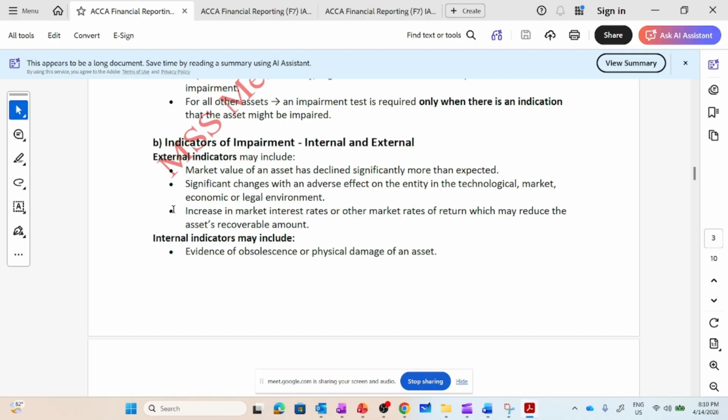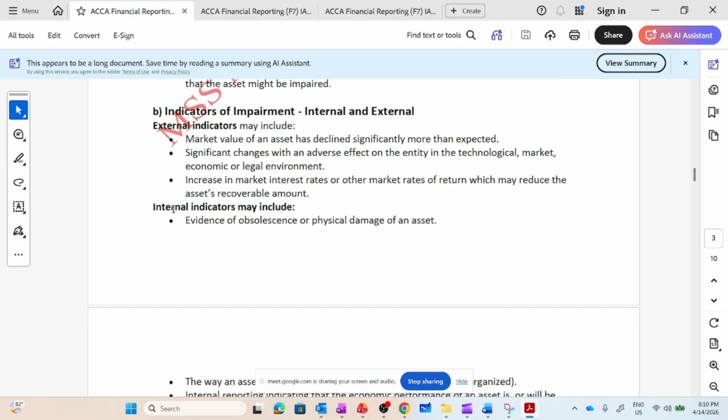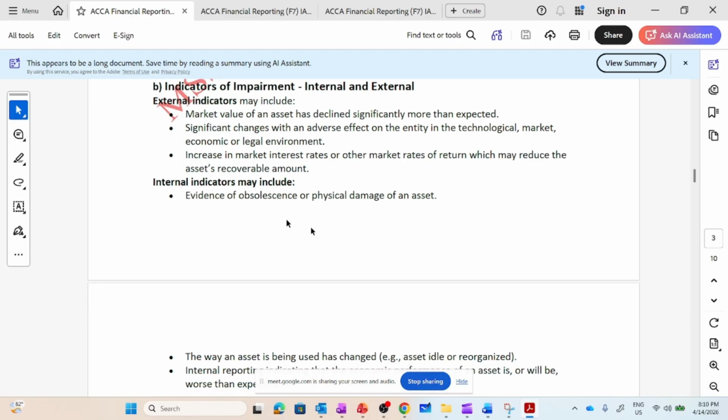Also, increase in market value. For example, we are talking about interest rates. Currently the situation in our country, Sierra Leone, we have the major issue of exchange rate, the dollar and the leones. It is possible that the exchange rate has increased from one point to another. That is an external indicator of impairment, because if the exchange rate increases from one point to another, it will affect the economy, it will affect our asset value, it will affect every other factor. So that also is an external indicator of impairment. Now we are talking about internal indicators, evidence of